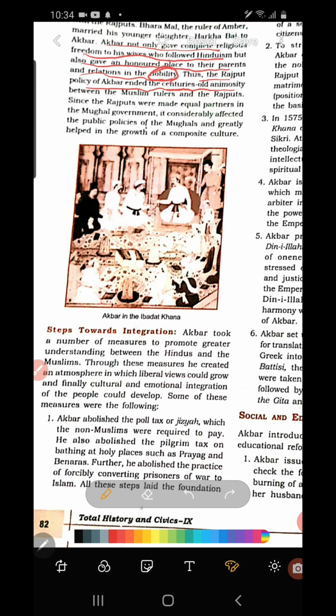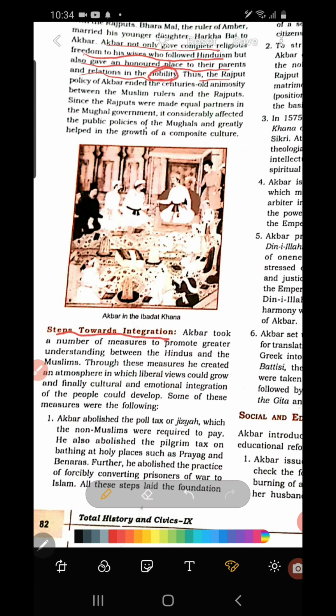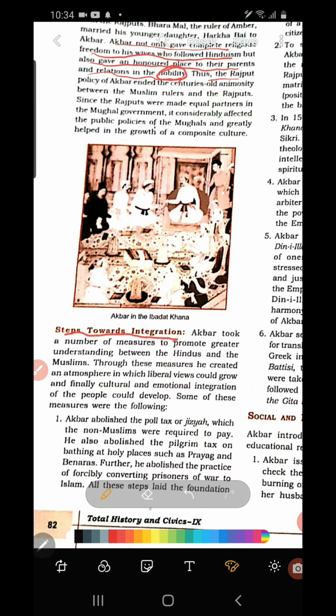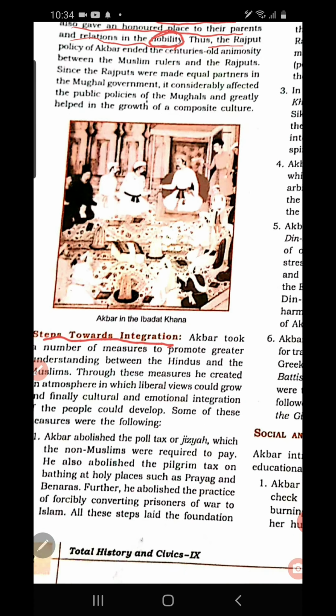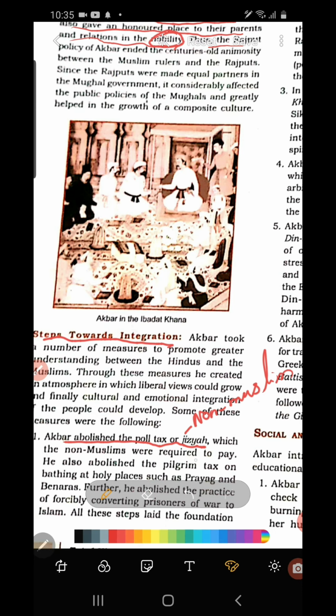And the next is that Akbar played an important role in integration. Integration means unity, bringing unity between Hindus, Muslims and all other religious people, through the steps taken by Akbar. That means bringing love and understanding among the people of India. One of the important policies was that he abolished the poll tax, or jizya. What was the jizya? It is a tax paid by non-Muslims. Those who were not Muslims had to pay this tax during the Mughal period, that is jizya, and